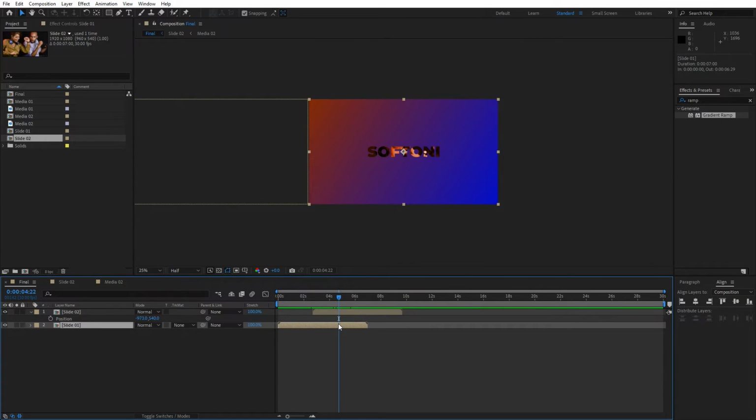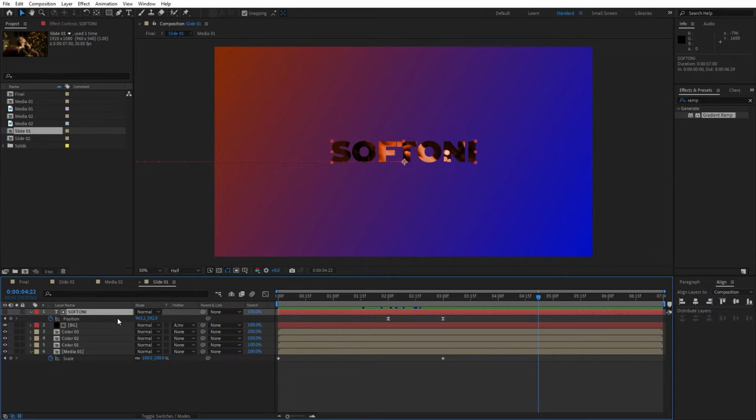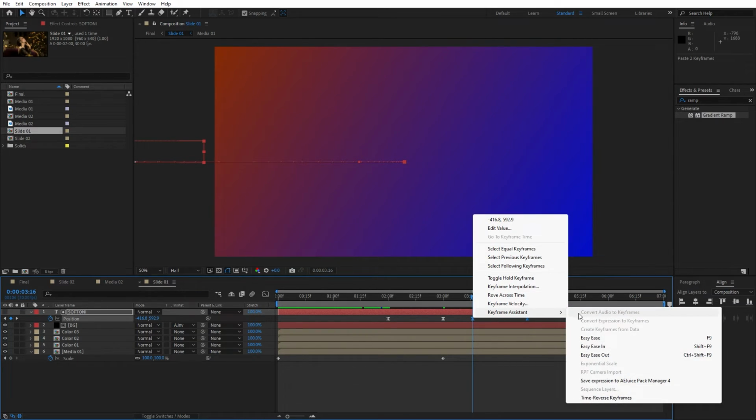But before that, we have forgotten to do the out animation for the text and for the background. Open up this slide 01 once again. Select this Softoni text, hit U to show all of the keyframes, then grab this position keyframes, hit Ctrl+C to copy, go to 3 seconds and 15 frames, and hit Ctrl+V to paste it. Now right click for the last 2 keyframes, keyframe assistance, and find here option time reverse